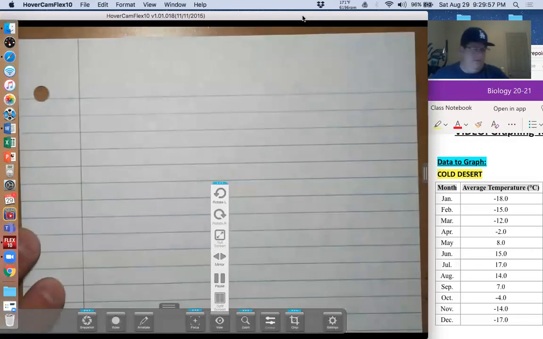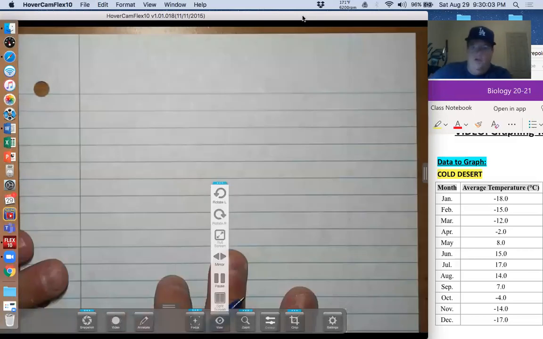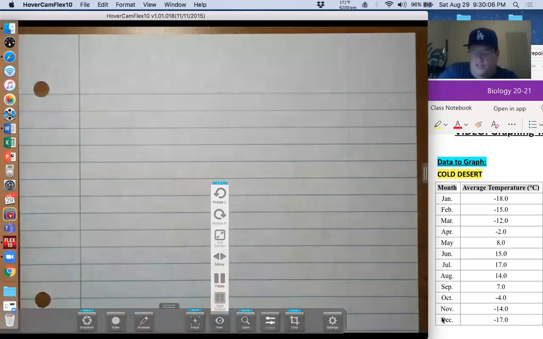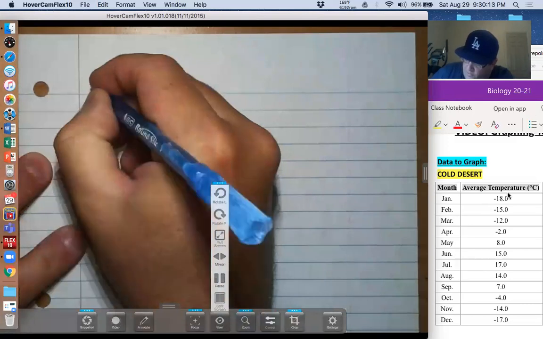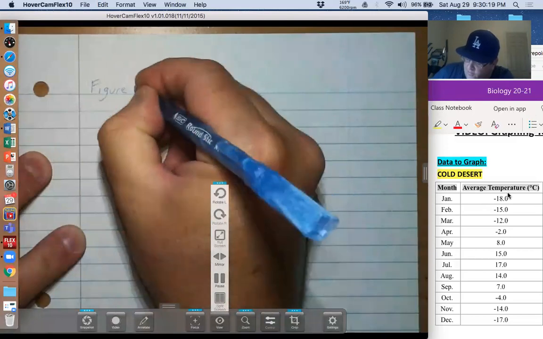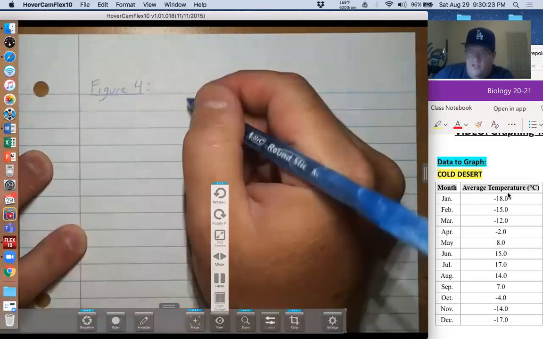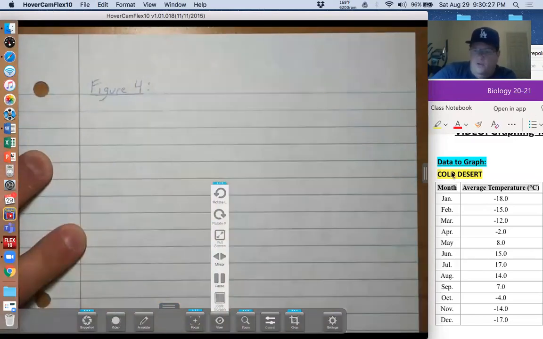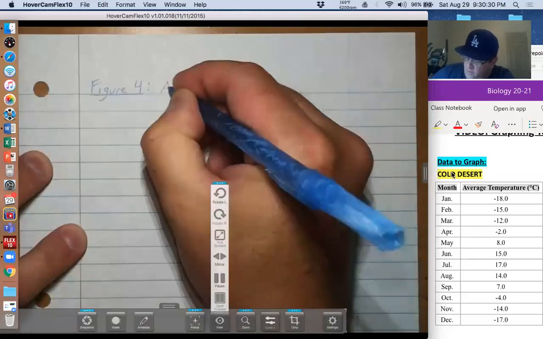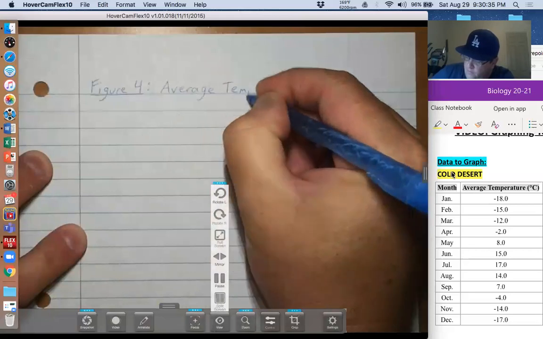Perfect. Okay, so like I said, every graph that you ever make, you should always have a title so we know what we're talking about. What are we talking about? Well, we got months of the year again, just like what we did with precipitation, but this time it is not precipitation, it is temperature. So we could go with figure 1, or wait, we did figure 1 last week. Okay, let's go figure 4 this time. All right, figure 4, and what are we measuring? The average temperature where? In the cold desert. Average temperature